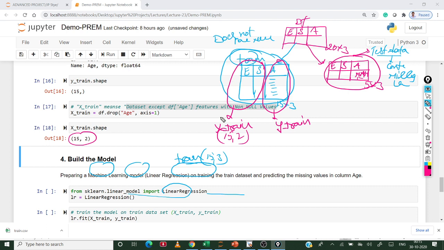These two features can be considered as the X train. What is the meaning of X train? The data set except the age feature, with non-null values. That is the meaning of this X train. So next, step 5.